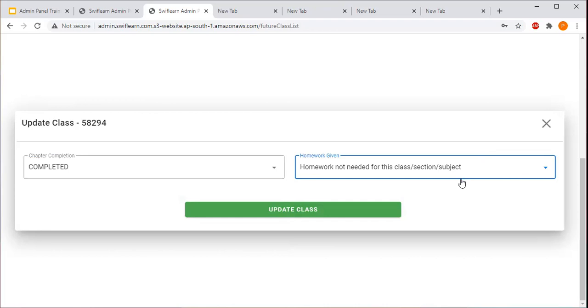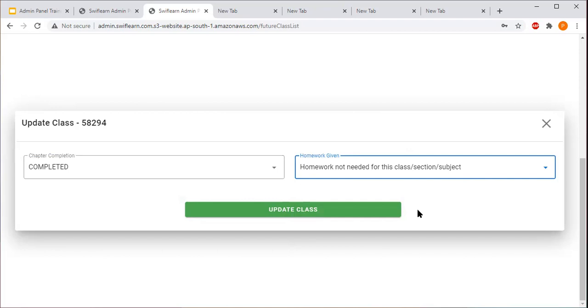Now understand the trial class. Whenever the teacher gets a trial class and completes the lesson plan, in a trial class it is completely the teacher's choice after the class whether to assign the homework or not. So if they want to assign the homework, then the teacher has to update attendance, assign the homework, and here go with the option completed, leave the column blank and update the class.